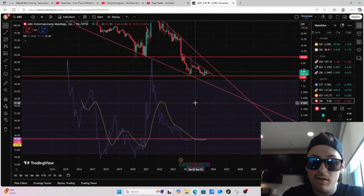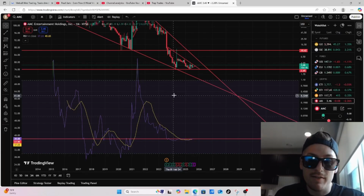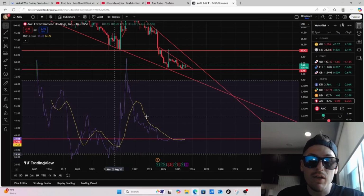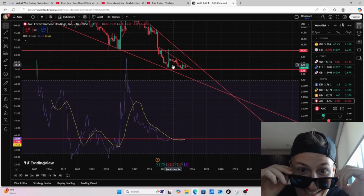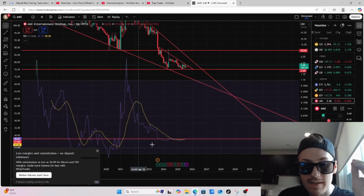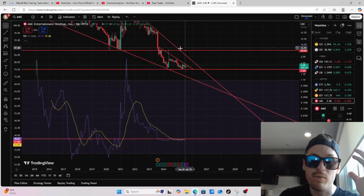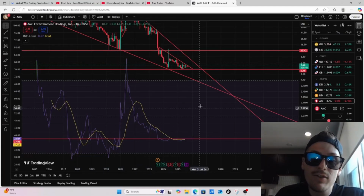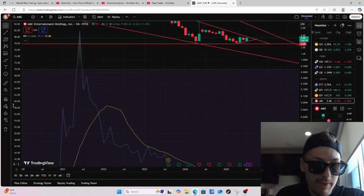So you are printing monthly AMC bullish hidden divergence. And let me tell you why. You are making a lower low on the price, right? Terrible. No one loves it. I actually hate to see it. Lower low on AMC's price. Oh no, cry me a river. However, the RSI is making a higher low on the AMC price, and you are making a bottoming double bottom formation with a lot of technical indicators pointing to the upside. While you are making a higher low on the monthly RSI, and guys, probably the most bullish part about all of this,